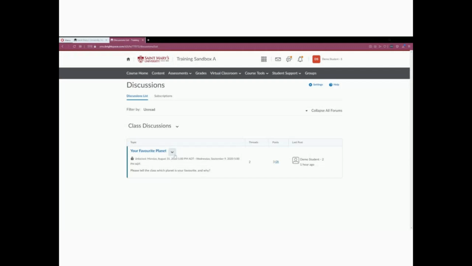And you'll be able to see the brief description, so you see what your professor is asking you. Your professor is asking you to tell the class which planet is your favorite and why. You'll be able to find that description here. And if you want to access more options, like if you want to post something, you just click on the topic, the name of the topic,